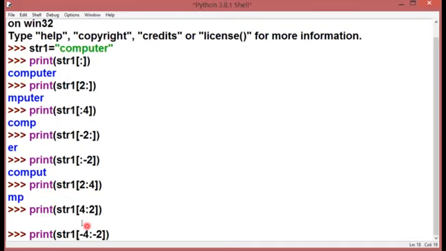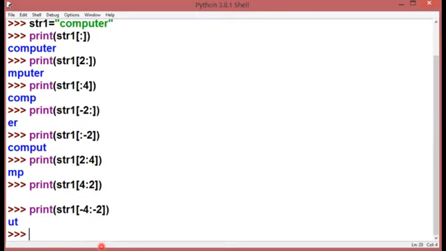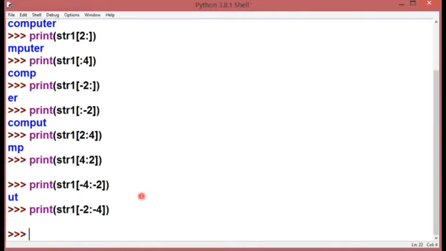So -4 we start, -2 we end. It will work and give me a result. But I cannot reverse this order. I cannot move from -2 to -4, and Python is not going to give me any result in this case. So these things we also need to keep in mind.